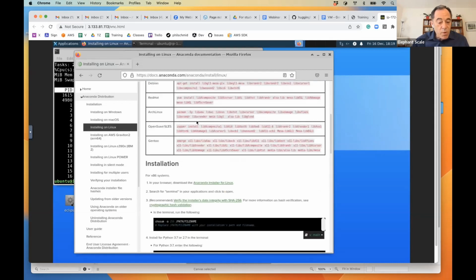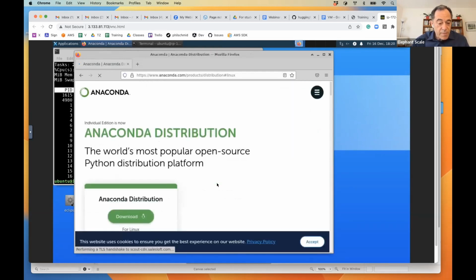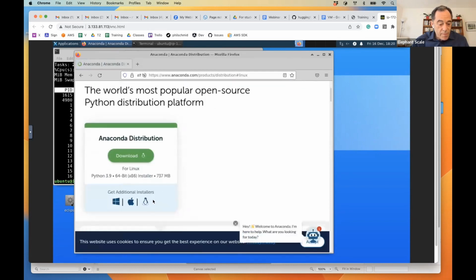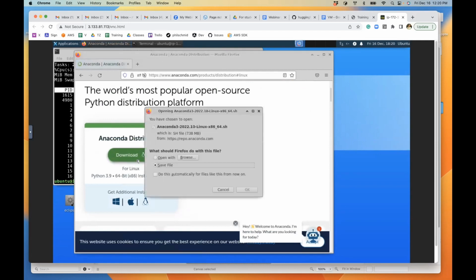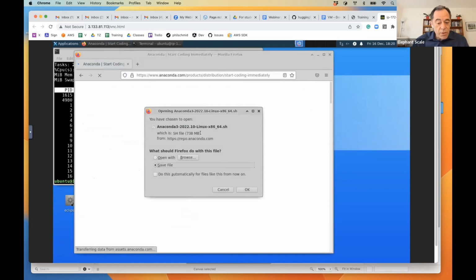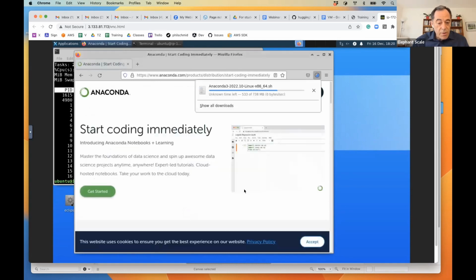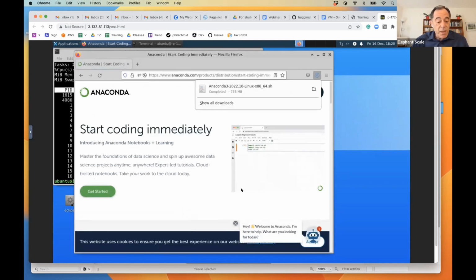All of that might work or might not, but Anaconda installer for Linux, download. That will download Anaconda, and the download will be very fast because these are powerful machines in the cloud itself.